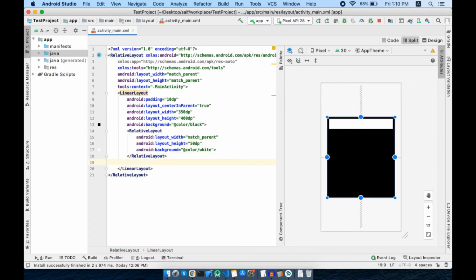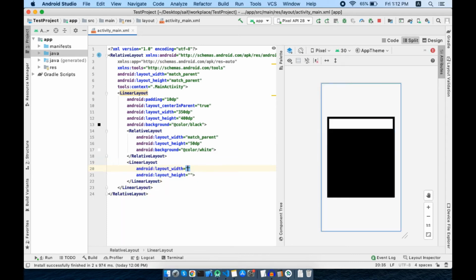I will use LinearLayout for that. Containers will be having buttons arranged horizontally, and whenever our views are aligned horizontally or vertically, it's best to use LinearLayout for that. Let's create the LinearLayout having width match parent and height 50 dp for now.